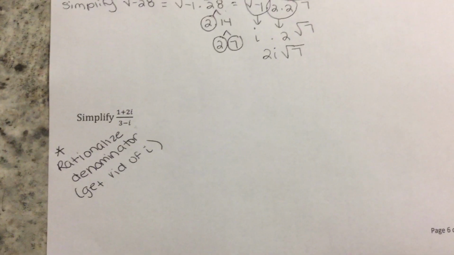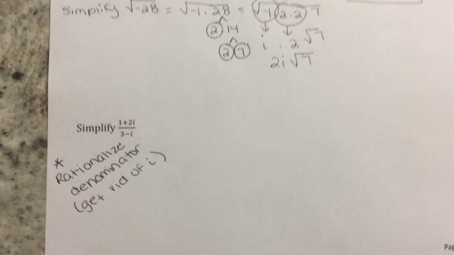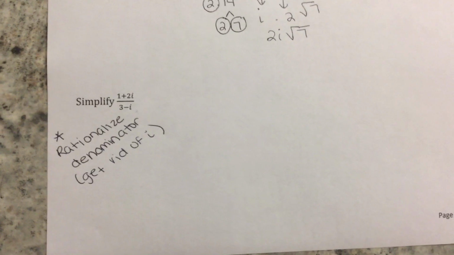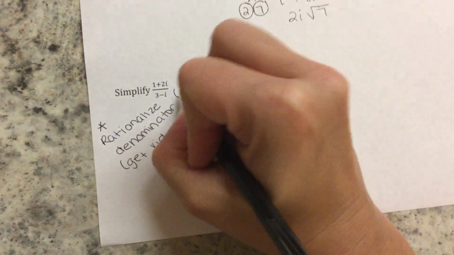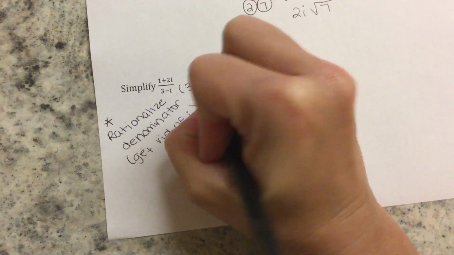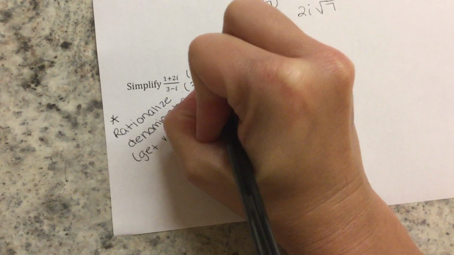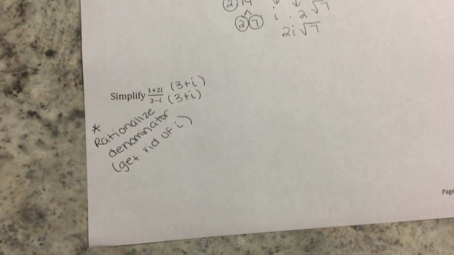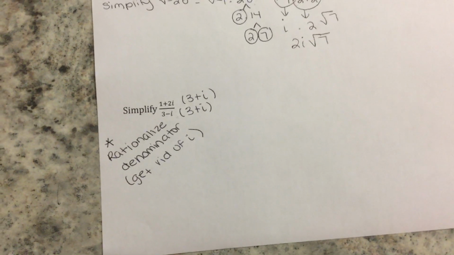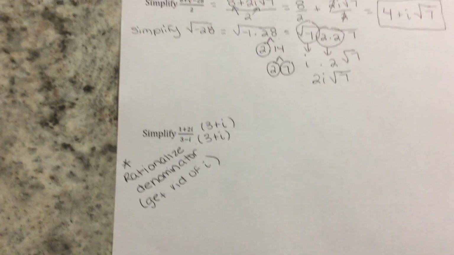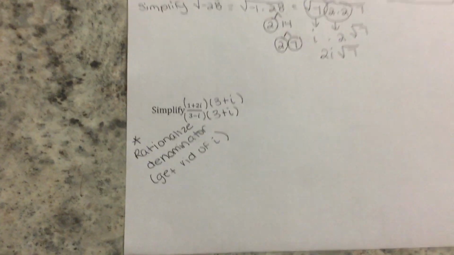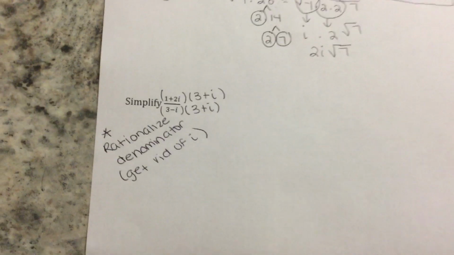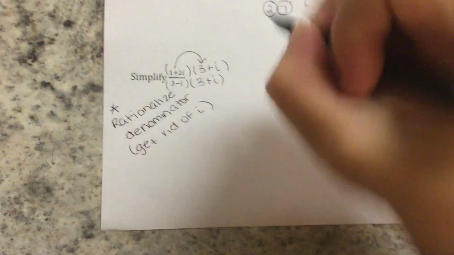So just like we would before, we're going to multiply the top and the bottom by the conjugate of the denominator. So the denominator is 3 minus i. So our conjugate will be 3 plus i. We do to the bottom, have to do to the top. And I have to distribute. These are all like little groups, little families, so they all need their own set of parentheses, so I can distribute everything. So 1 times 3,